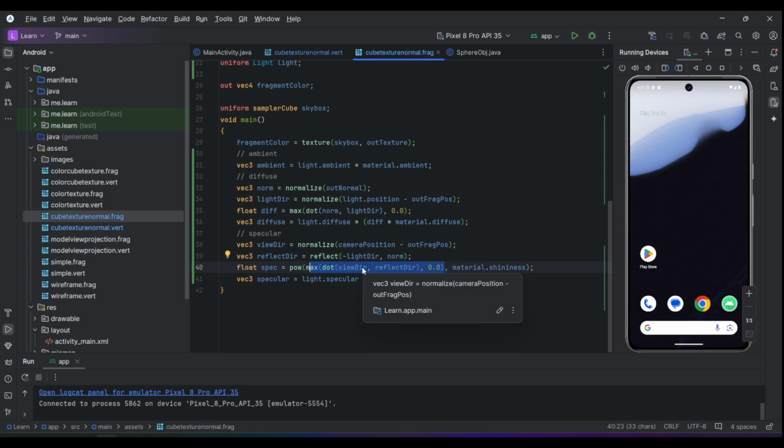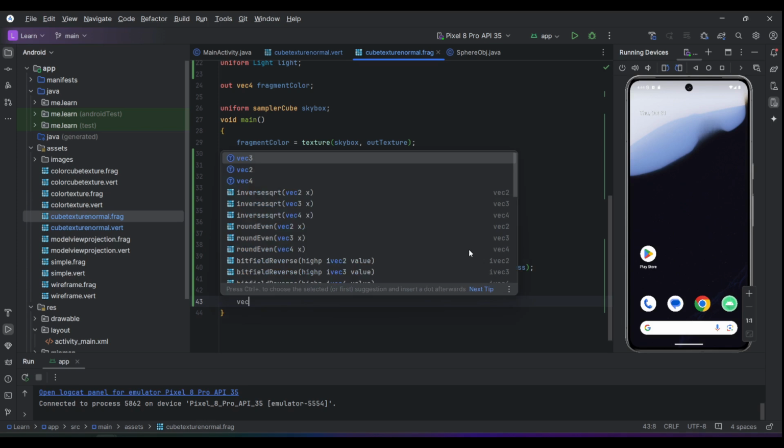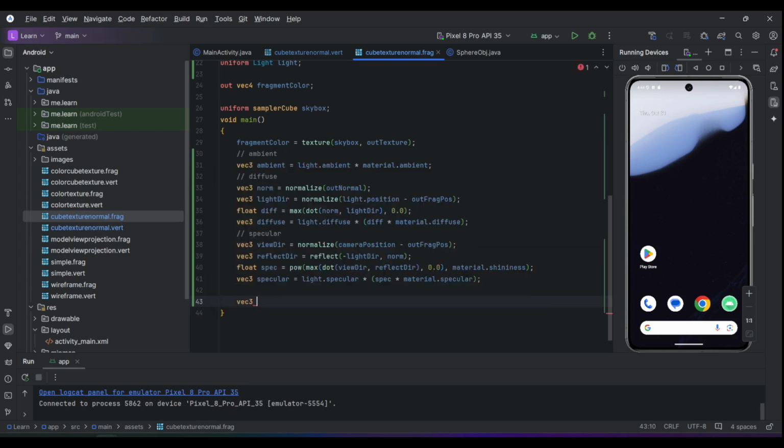And the final computation in the specular is to raise this cosine of the angle to the power of the shininess. And now we have the strength of our specular component. And computing the specular component is simply the specular component of the light multiplied by the specular component of the material and then scaled by this strength. And now having computed the ambient, diffuse, and specular components, we need only to sum these three components